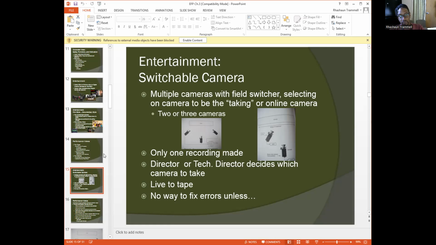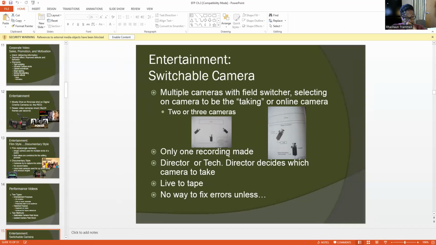With the switchable camera field shoot, only one recording is made. So at the end of the day, you still only have one recording. Usually there's someone, a director, deciding what to pop up.